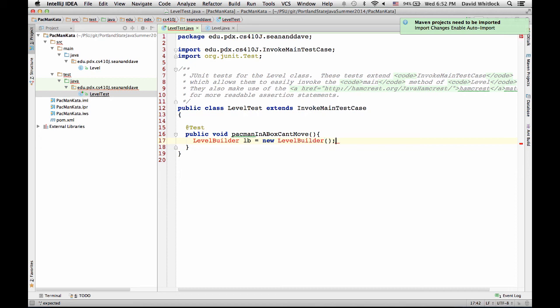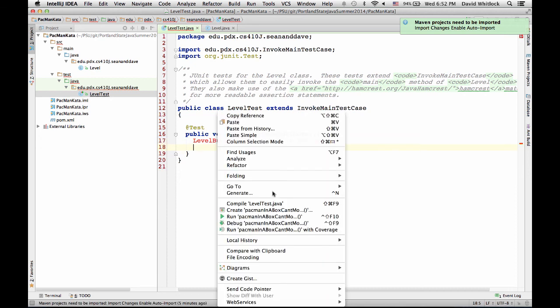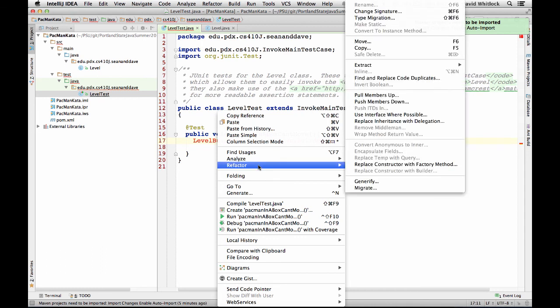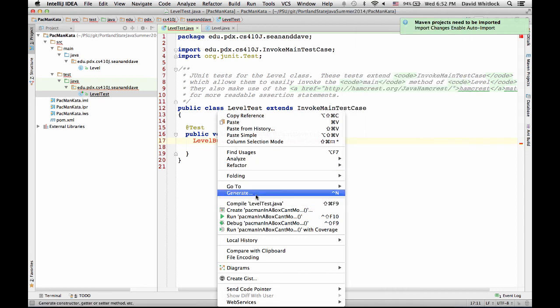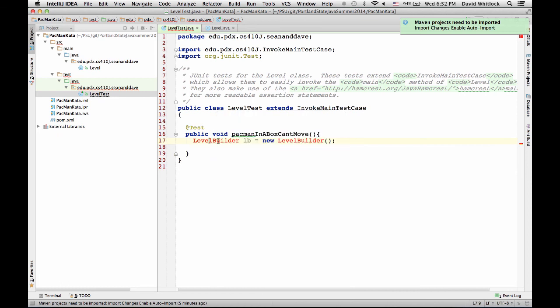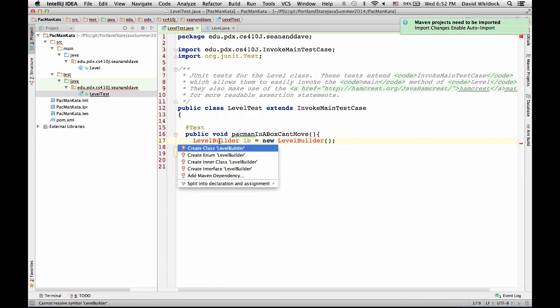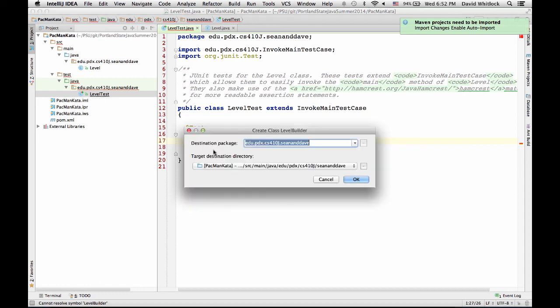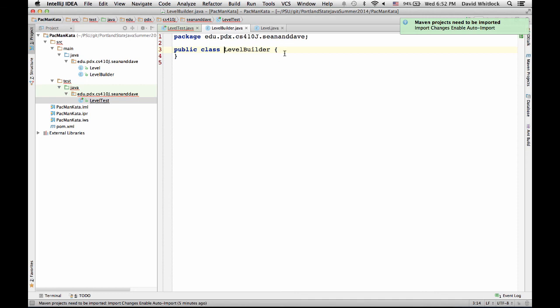Yeah, that's good. Okay, let's create that class. It's like alt enter or whatever. It's sort of autocomplete. There you go. Create class. Yeah, put it there. Okay, now let's go back to our test.